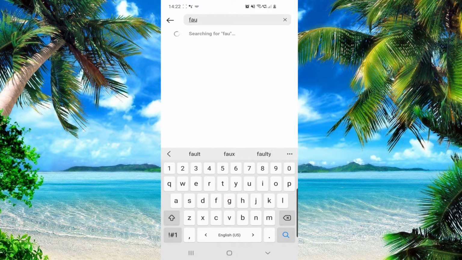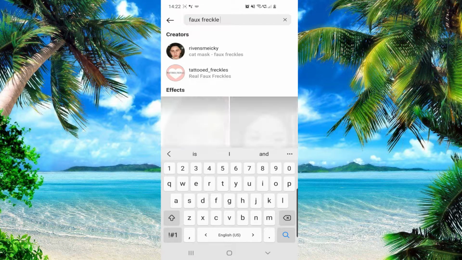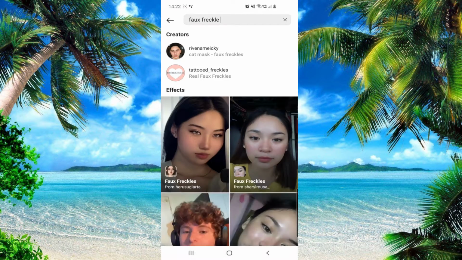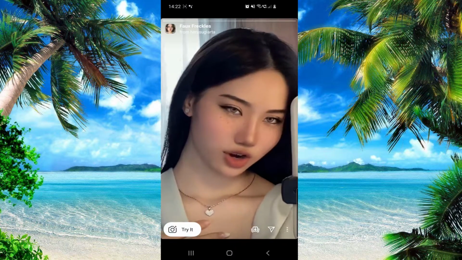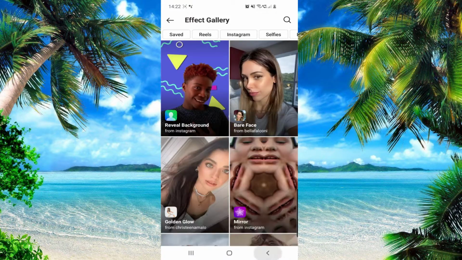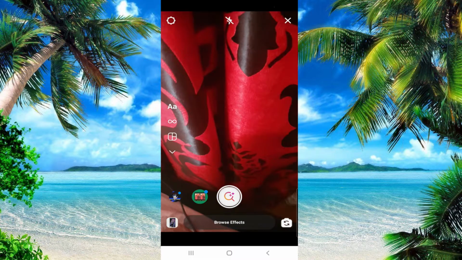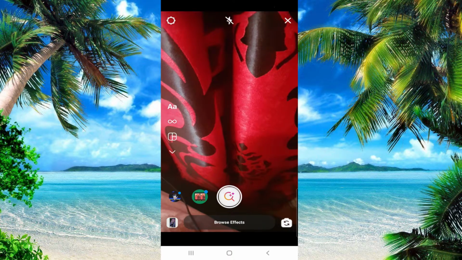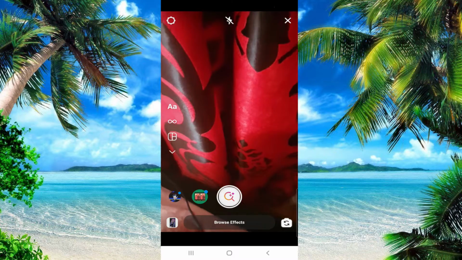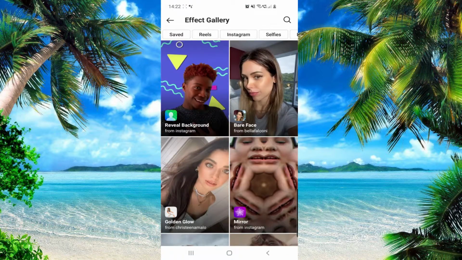First, for freckle, you can search for a random one. This one, it's not that important. You can choose this one. Now let's go back and show you what's important. From right here, from the browse effects, you want to search for goth doll. So let's search